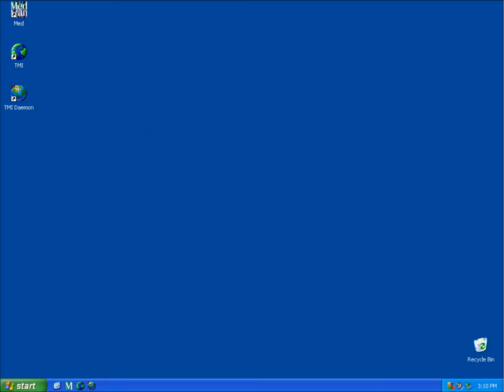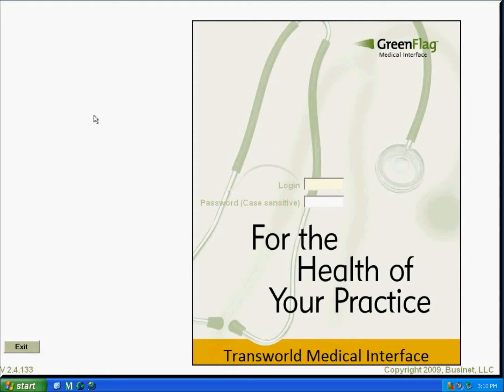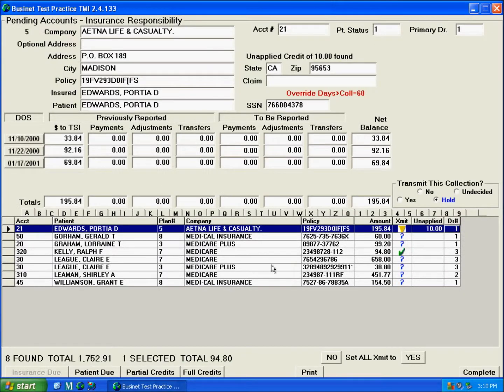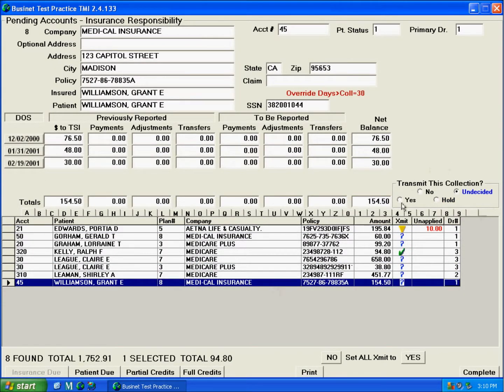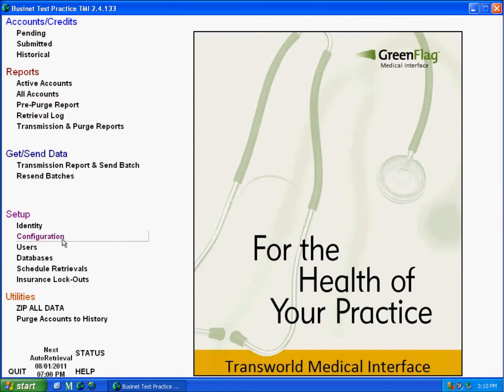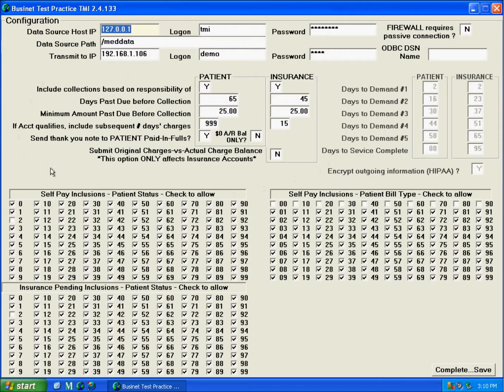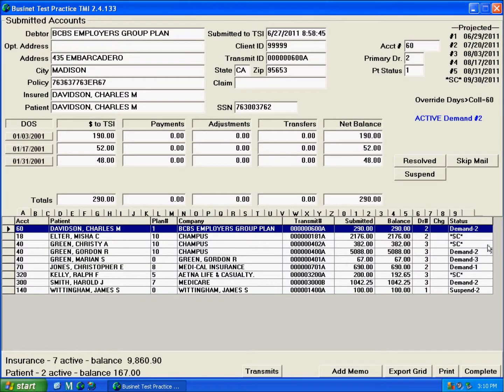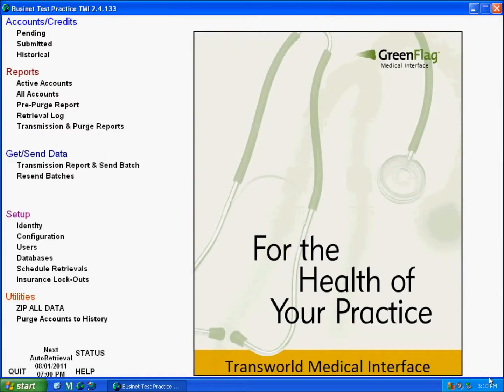Our previous videos demonstrated how to start the TMI program and log in, how to use the pending screen to select the claims you want to report to Transworld, how to fine-tune TMI settings to focus on the kinds of claims that you want to turn to collections, how to actually transmit those claims to Transworld, and how to check the status of transmitted claims. Now that you're up to speed on those day-to-day tasks, you're ready to learn about some of TMI's more advanced